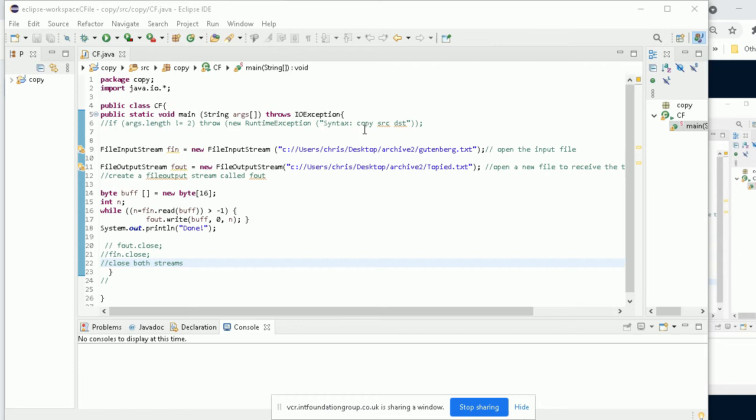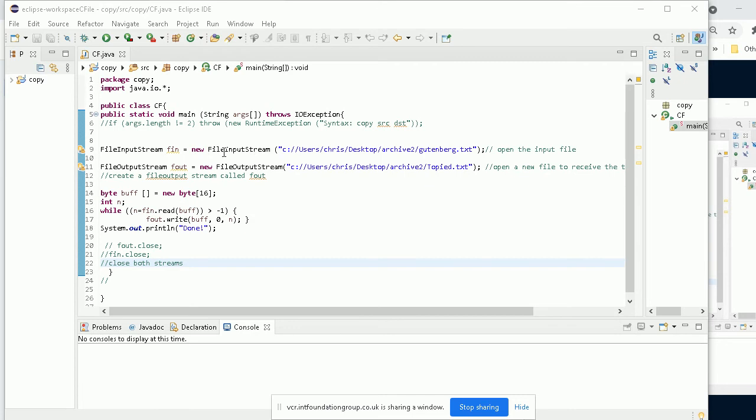I've just commented this particular line that you could have used out. And my first line is fin is going to be of type file input stream, and it results from creating a new object from the subclass file input stream.